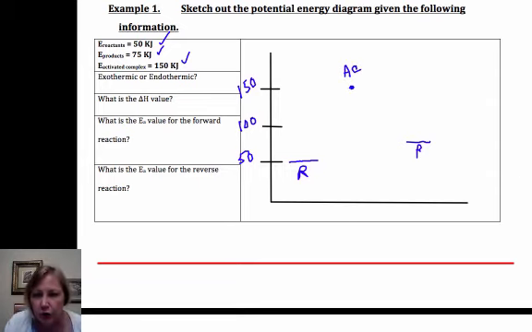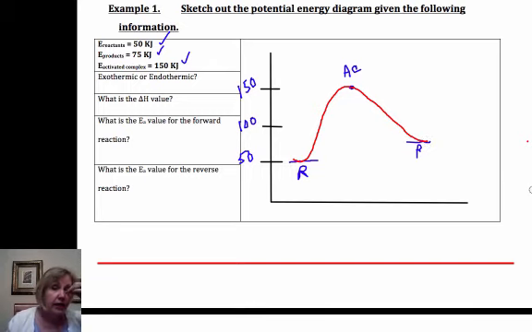Now all you have to do, once you've defined those three points, is just draw a smooth, and Mimio's never very smooth, but try to draw a nice smooth curve. All right, that's fine. You're not going to get graded for not having an uber smooth curve. Okay, cat hair in my eye. Okay, so you notice that the energy